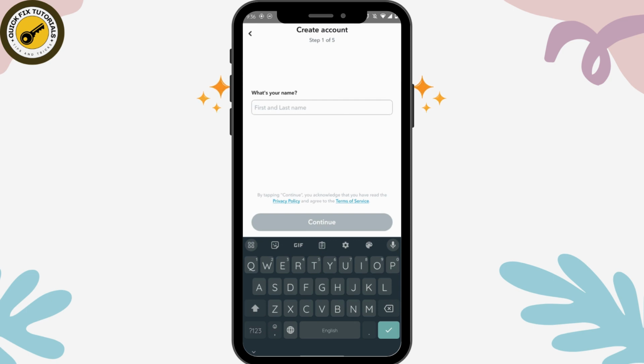So that's the only way to remove your phone number from your Snapchat account, and besides that we don't have any other option to remove phone number. So just simply create an account with the phone number that you want to remove,